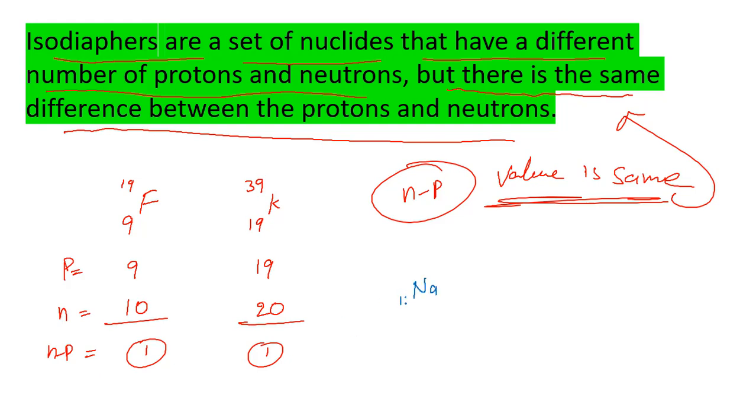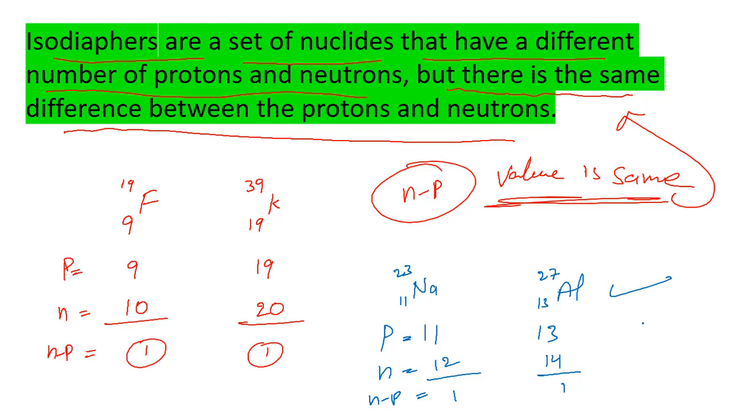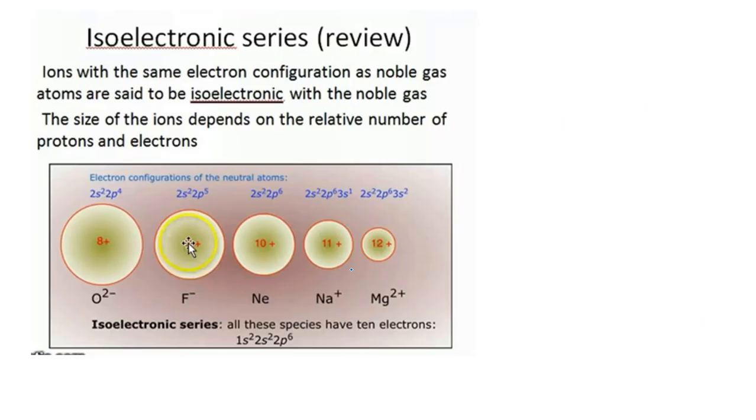See, sodium 11Na23 and aluminum 13Al27. I am writing here the number of protons: 11 and here 13. Number of neutrons: see here 12 neutrons, here 14 neutrons. The n minus p value is here 1, here also 1. So sodium and aluminum, these two are isodiaphers. Right? Next,